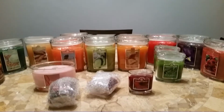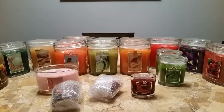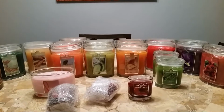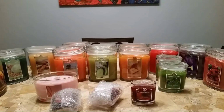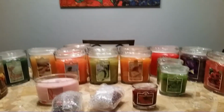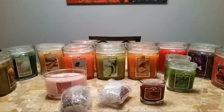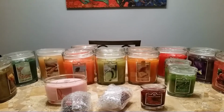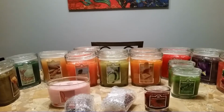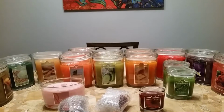Colonial Candle had an after Christmas sale where everything on their website was 40% off, and that actually included sale items. Some of their sale items were already like 50% off, and you got an extra 40% off your order. So if you ordered just sale items, you made out like a bandit. But I decided to take advantage of the 40% off to reorder a couple scents that I really liked in my first order, and to try some new scents, because you know the rumor is Colonial Candle doesn't have big